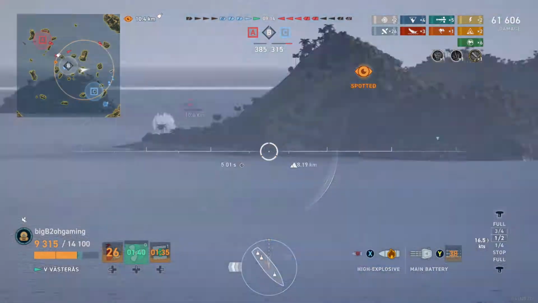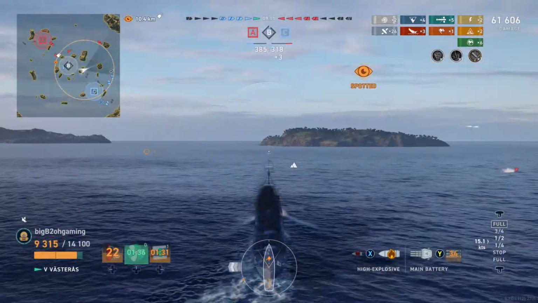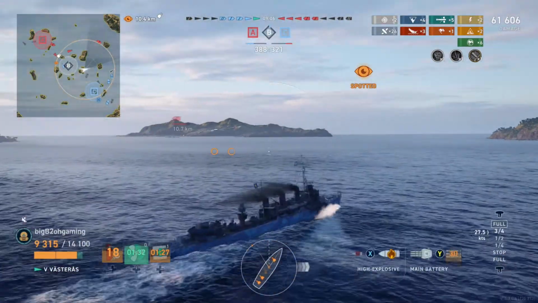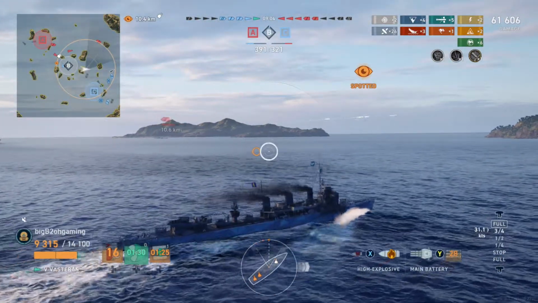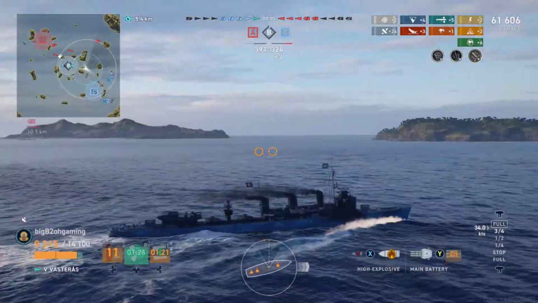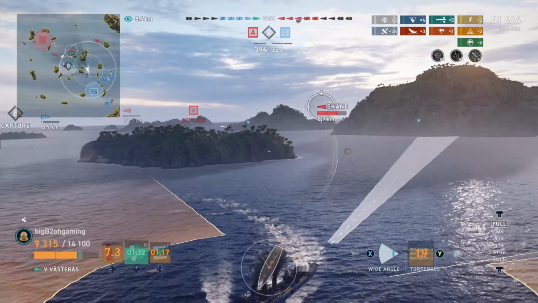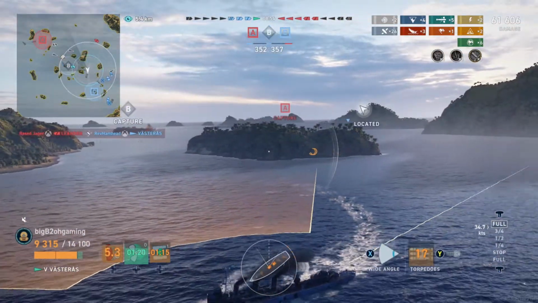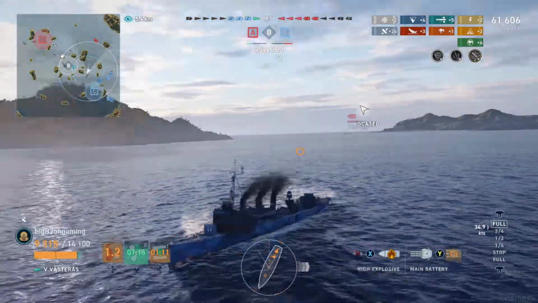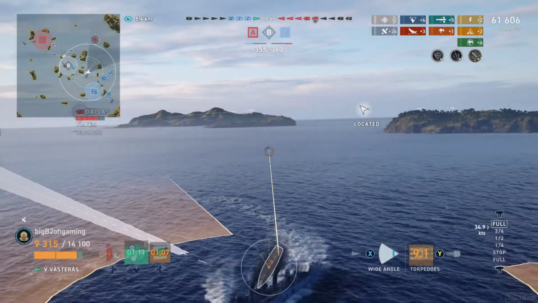I try to slow down to help our friendly destroyer that is engaging them, but unfortunately they end up leaving our firing range. And now I need to start turning around and heading back towards the cap, because we will probably lose our friendly destroyer that is taking the fight. Our friendly Vasteras does go down, and now we are losing 5-4 on ships,